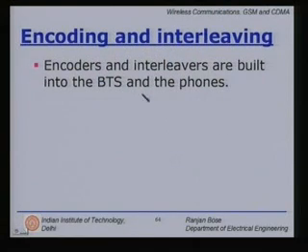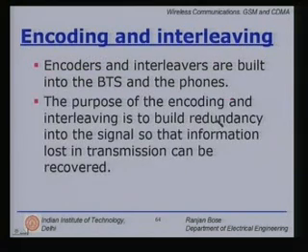Encoders and interleavers are built into the BTS and the phones. So, they exist both at the base stations and the handheld phones. Clearly, the purpose of encoding and interleaving is to build redundancy into the signal, so that information lost in the transmission can hopefully be recovered back.